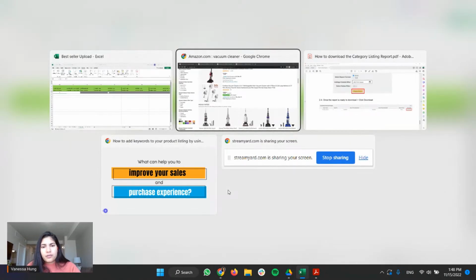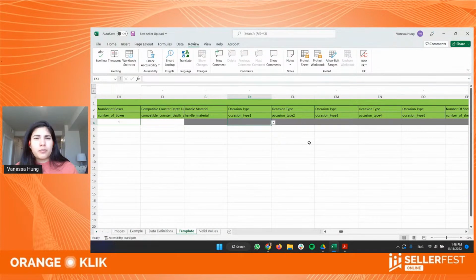I want to show you guys, because I already explained the backend. This is basically where you're gonna live. And unfortunately, because obviously I cannot make a video to cover every single subcategory on Amazon, which is thousands and thousands of them, I cannot tell you what is gonna work in the three options that you have for the fields. I cannot tell you if the occasion type will show in the front end or won't, because that is very specific to the subcategory.